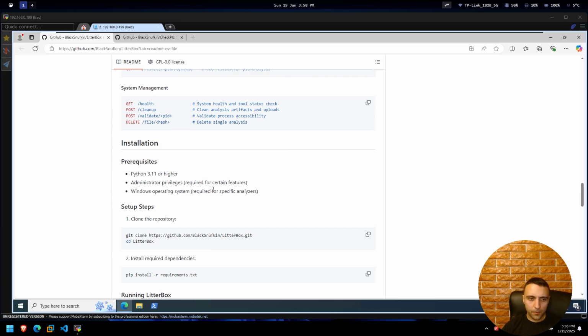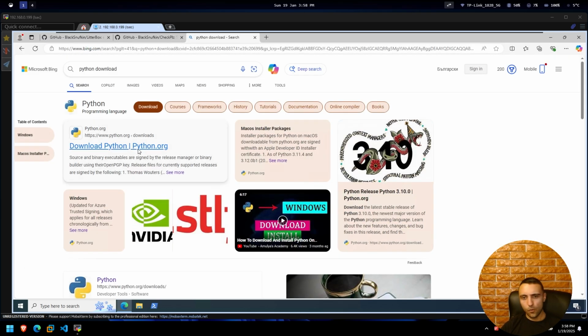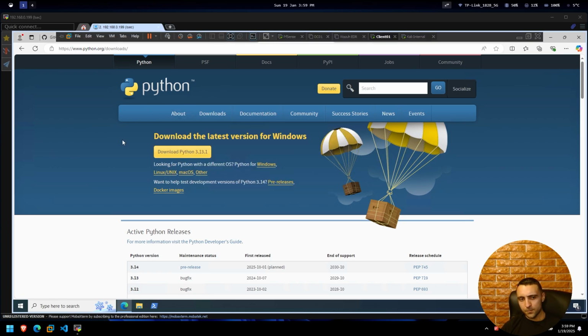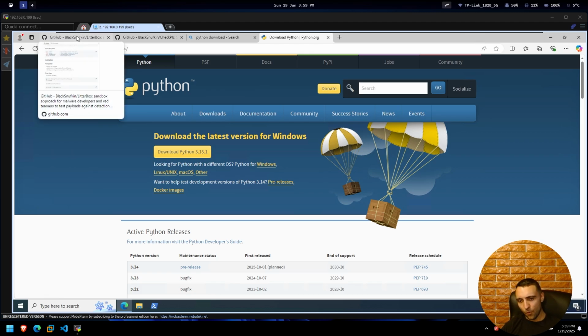So in order for that to happen, all you have to do is search for Python download, just type it like that, go to the first link and download the latest version of Python. Right now I'm using Python 3.13.1 and the tool is working completely fine. I'm not sure how it behaves with different versions, but of course you can always test and give feedback, so if you find any bugs, we can write to the creators of the tool and hopefully they can fix them. But for now, as mentioned, I'm using this exact version, and in my testing before the video shoot,